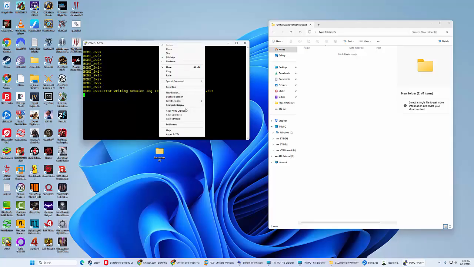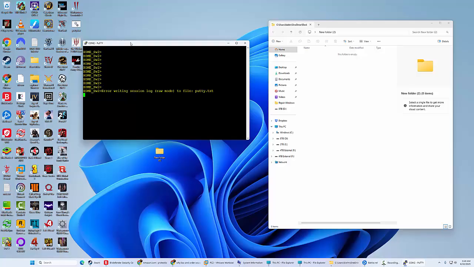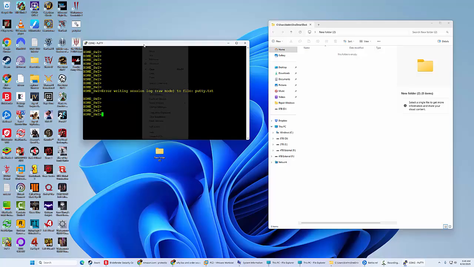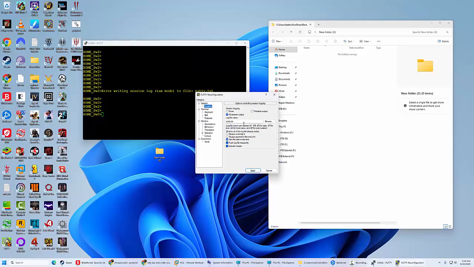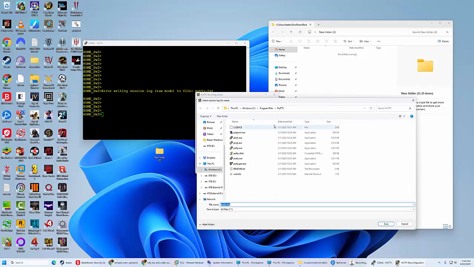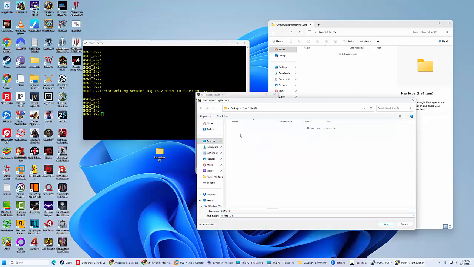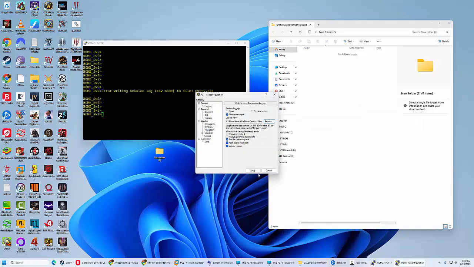I guess that's a security thing. Or I might be wrong. So let's go back to settings. Change settings. Logging. Let's hit browse and save this to this folder, which is the one I just created, which I didn't do last time, and hit apply.